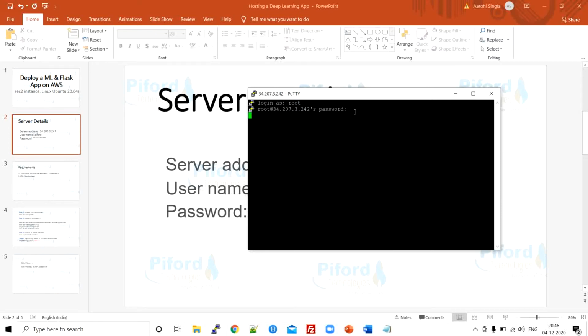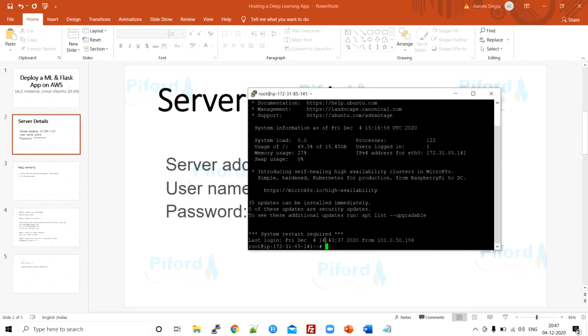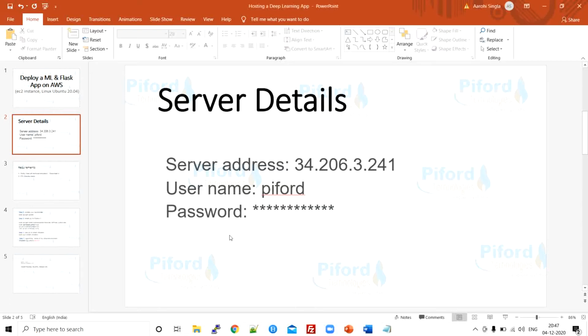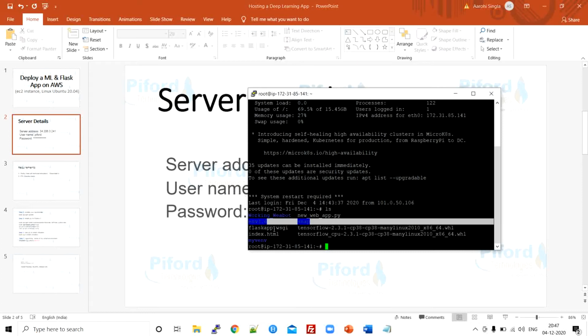See, I have filled my password now and I have filled the username. Now we have entered our server. If you want to see the default files over here, just write ls and see what all things are there. You'll see these are the things over here, and you'll see I have these blue folders, right? env 3.6, env 3.6, this folder, this is my virtual environment.